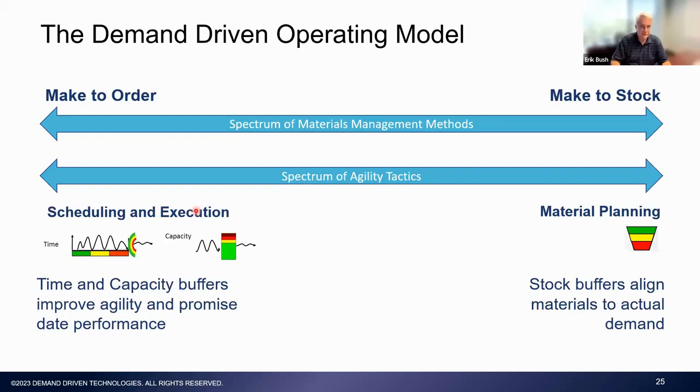The other thing we have to understand is that not every company is the same. There is a spectrum of material management methods that are employed in any given company. Everything from the make to order side, where at the far end of this, you have no common components. Everything is bespoke to a given client's request. And so it's really about managing your production and scheduling. Where at the other end of the spectrum, everything is made to stock. You know, we're a beverage producer or something like that. Almost all of our materials would be in a make to stock orientation.